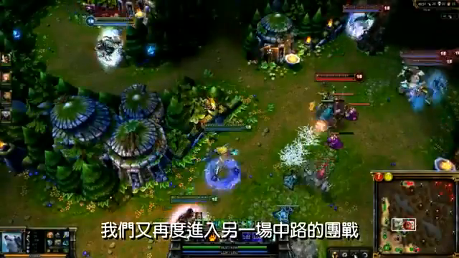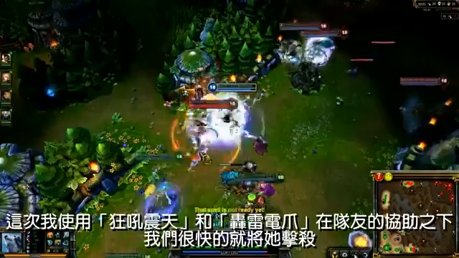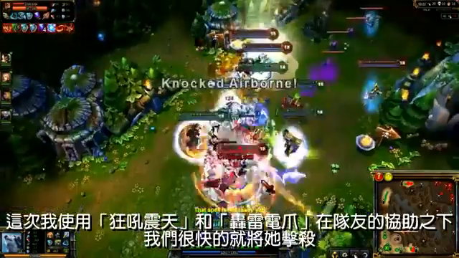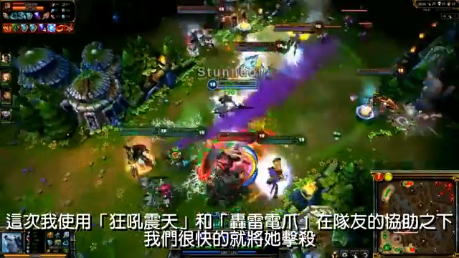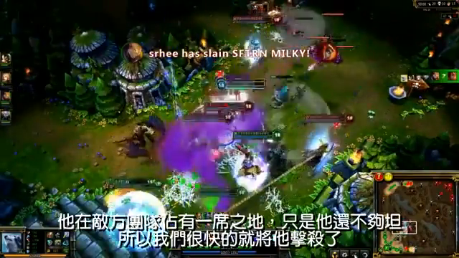We get into another teamfight in mid. I try again to target Shyvana first. This time my team cooperates and we destroy her pretty quickly thanks to Majestic Roar and Thunderclaws. Once she falls, I head over to Taric and take him down as well, as he's also an important target